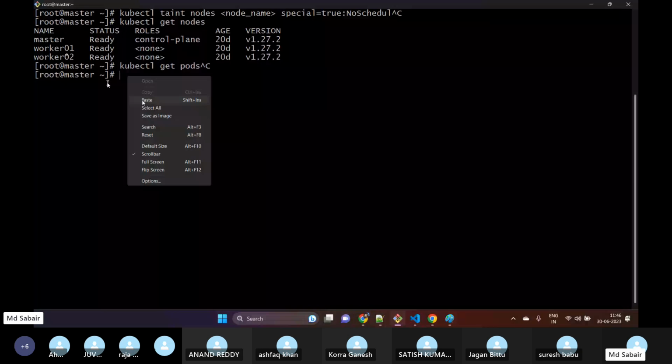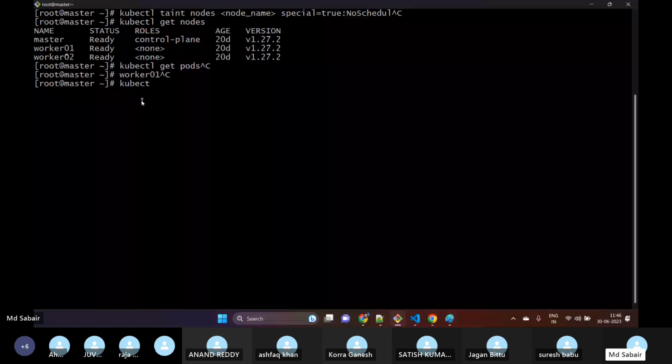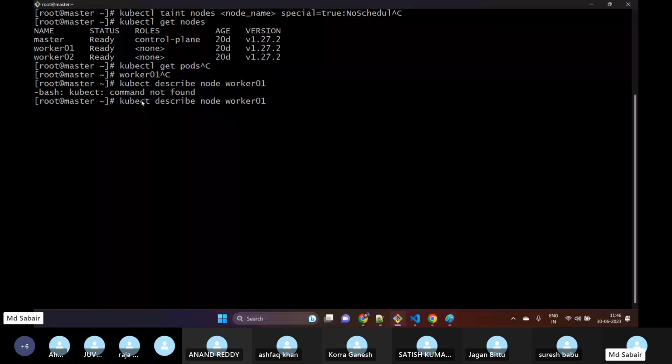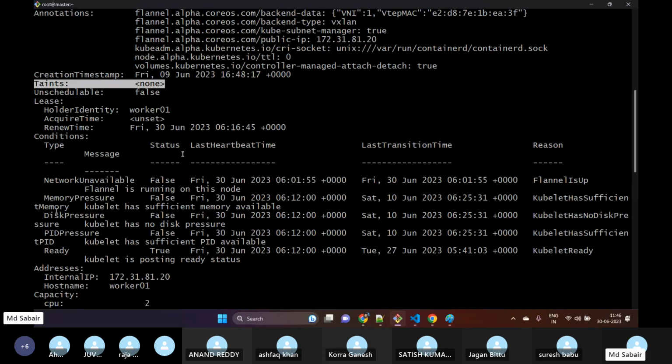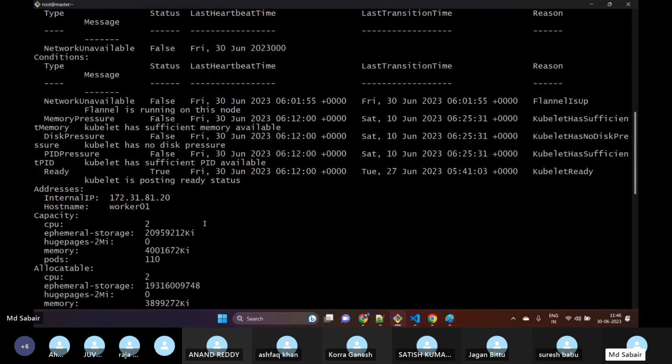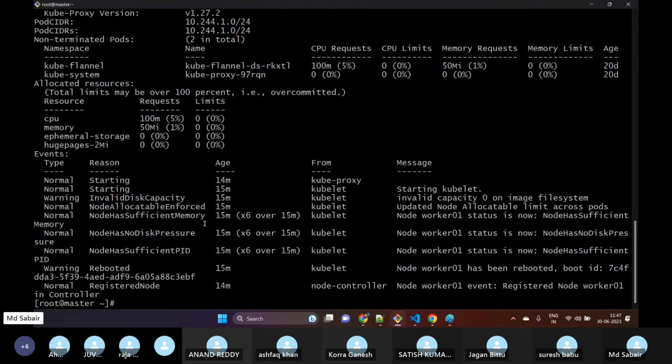Before tainting, let me show you something. kubectl describe node worker01. If I hit enter and scroll up, here if you see the taints, as of now there is no such rule added to my node machine. So let us add some rule. How to add? kubectl